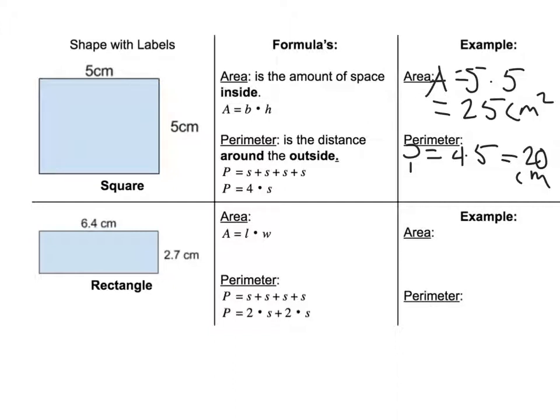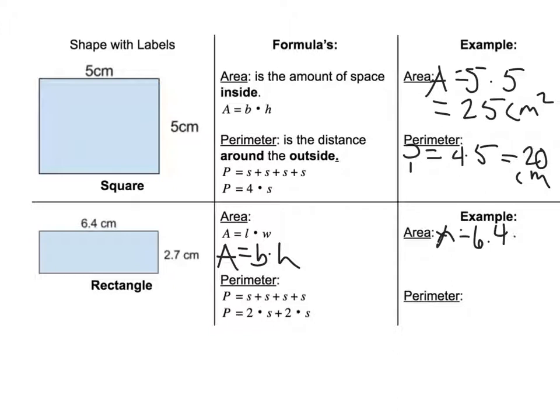And for the rectangle, our area, again, is base times height. I'm going to make sure that I write that in there. I know that you guys are familiar with length times width. Base times height is another way of writing it. It's going to make it easier for us when we go into 7th grade. So it's best for us to become familiar with it now. So with base times height, we're going to do